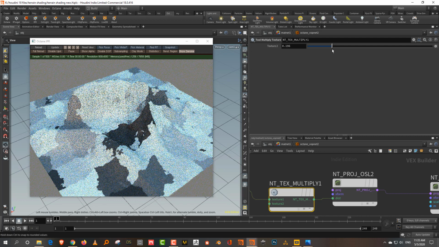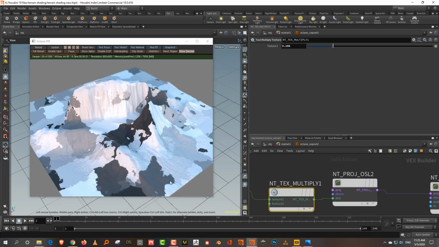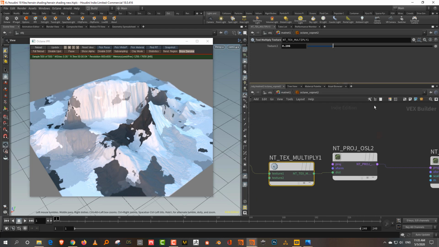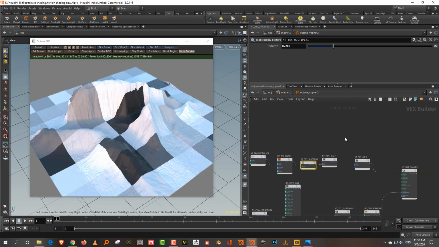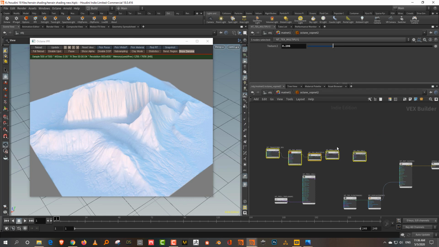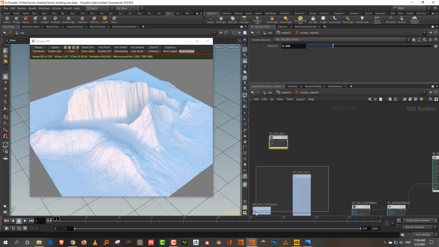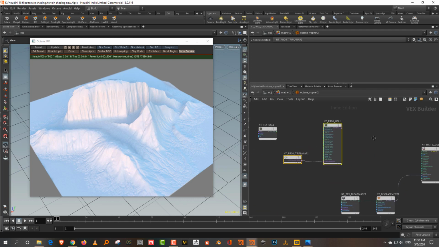But see, what this does is it allows you to sort of break up the pattern itself. So when it randomizes, you won't see the straight cut lines. But for now, I'll just disconnect it. So I'll sort of show it later. Okay, so temporarily, I'll just put all of this back here. And let's first set up the basic texture.